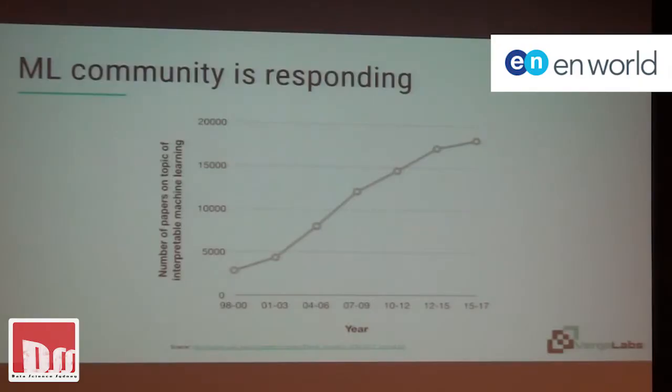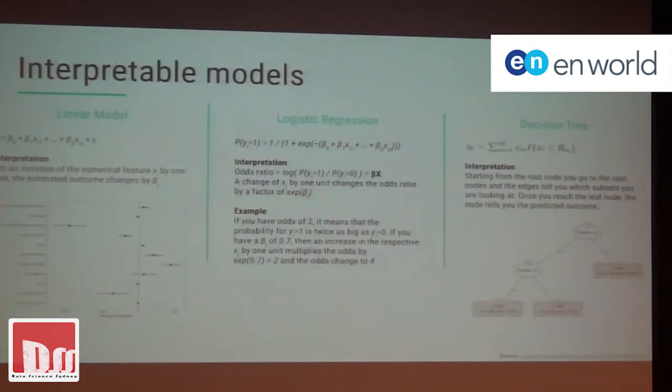So in response to this kind of stuff, it's starting to come out a lot more, driven by things like GDPR, driven by the fact that data science has often been difficult to productionize in a lot of businesses, and people are starting to realize that, hey, black boxes aren't all that. We need to be able to explain these things. So this is just a graph of the number of research papers coming out, and it's obviously growing year on year. So there's stuff happening in the space, and even where we were last year at ICML, there's a lot that's happened, and that's what I'm here to talk about.